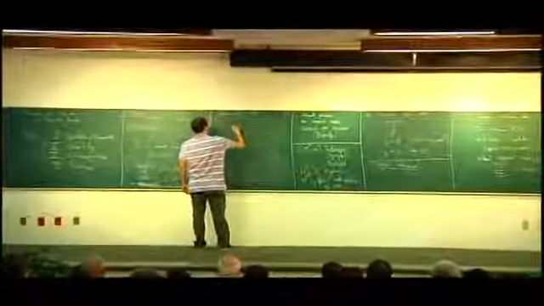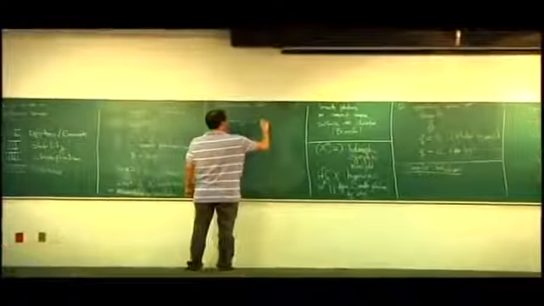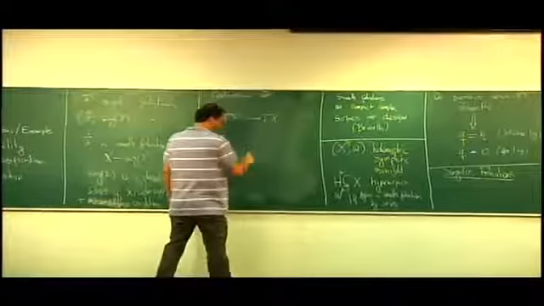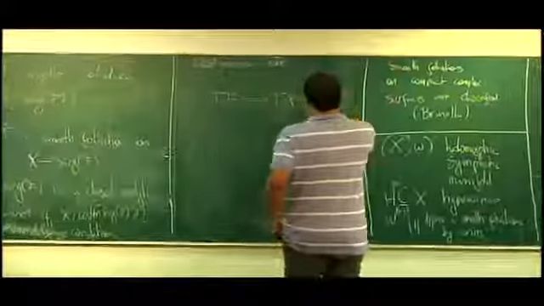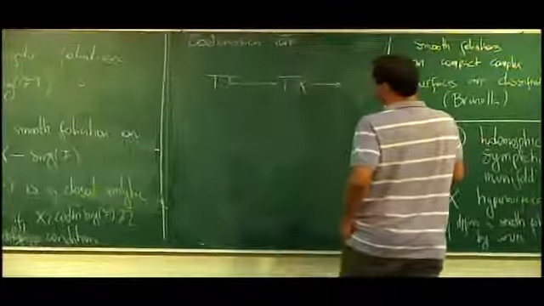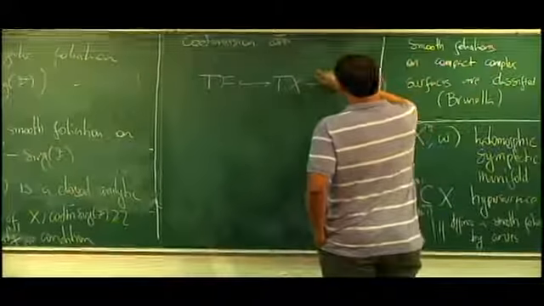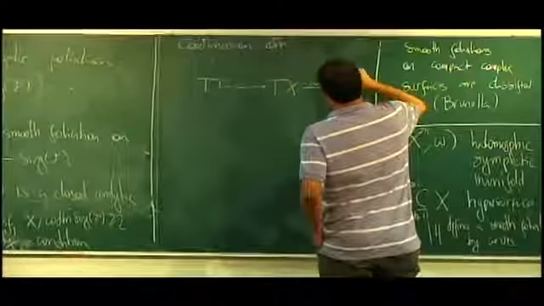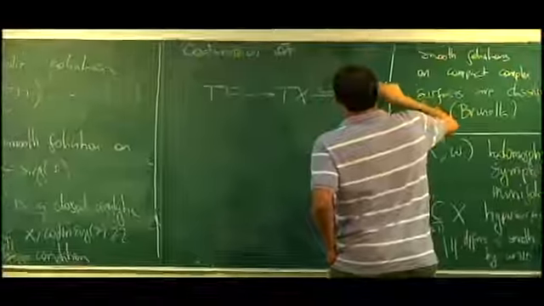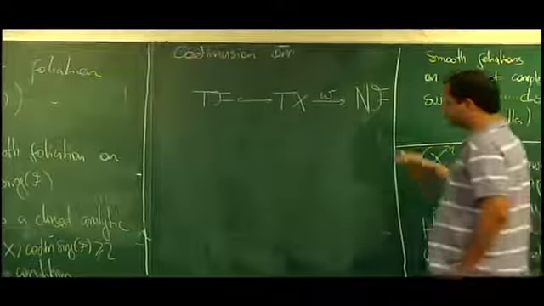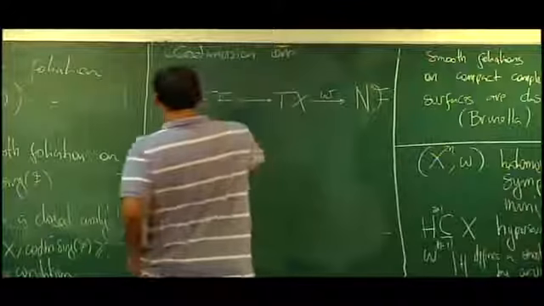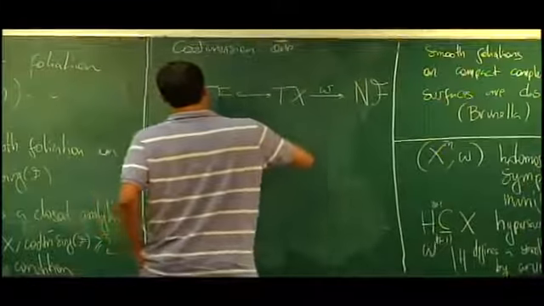The inclusion of this tangent subsheaf in TX can always be realized as the kernel of a morphism to a line bundle. So in other words, I can always write F as the kernel of omega,